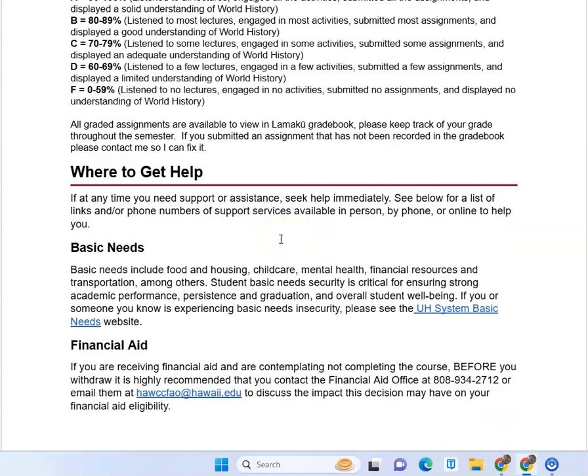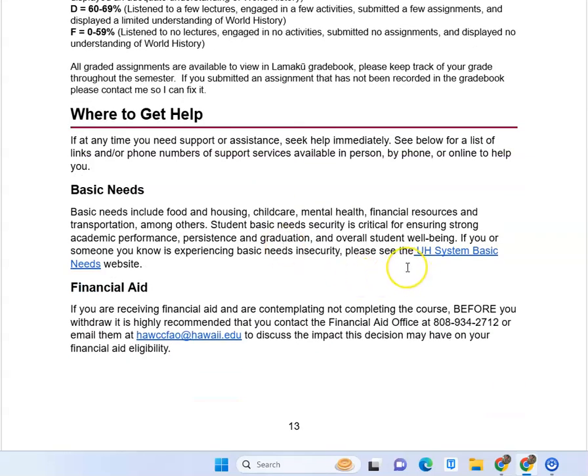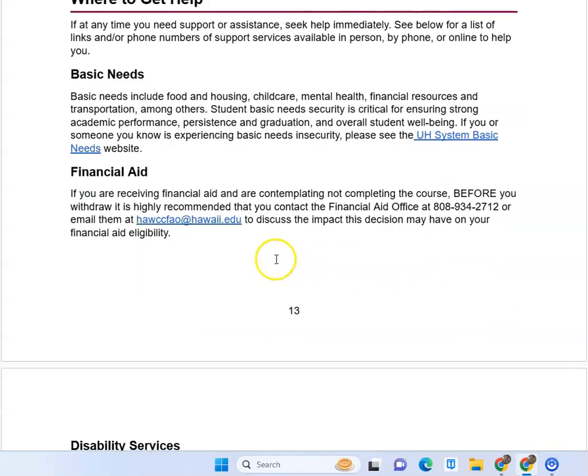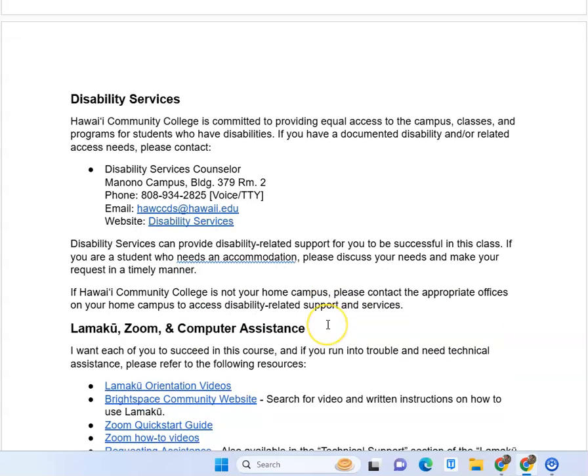Here's all the assignments here. Where to get help. Again, the nice thing about community colleges is they have a whole bunch of assistance for you. Basic needs there. If anything comes up, utilize those. Financial aid, they'll help you out. Disability services, if you have one, make sure you talk to somebody about it. If you think you may have one, but you've never been properly vetted for that, talk to them. Set up an appointment. Because if you do get a documented disability, that could really assist you in getting assistance in all sorts of